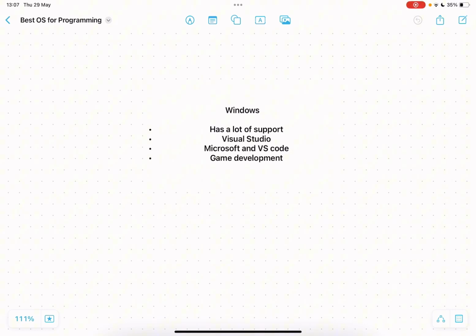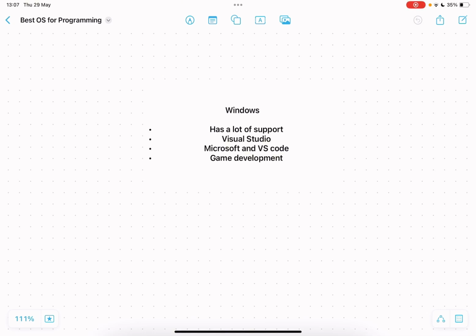The other thing with Windows is that Microsoft created Visual Studio and Visual Studio Code, or VS Code, and those are two of the best IDEs out there at the moment. One is for C# development, and the other one, VS Code, is for pretty much anything. It's a customizable IDE, and it works really well. VS Code does work on Mac and Linux. However, it's made by Microsoft, so their primary focus is on Windows.